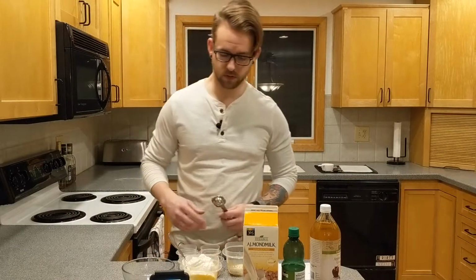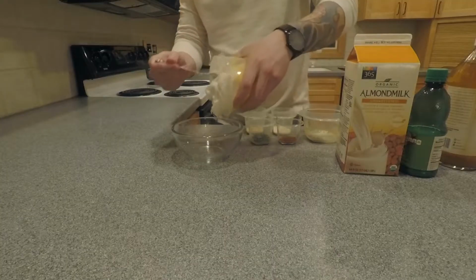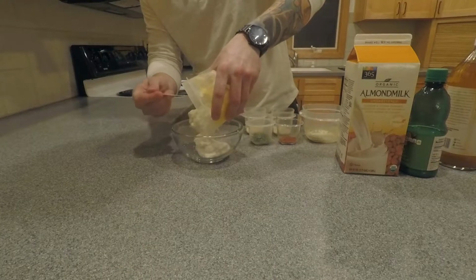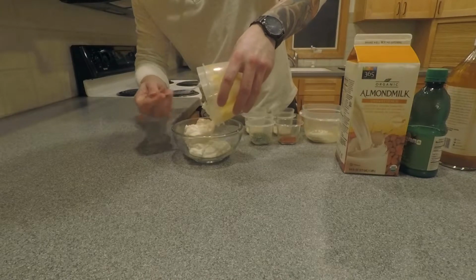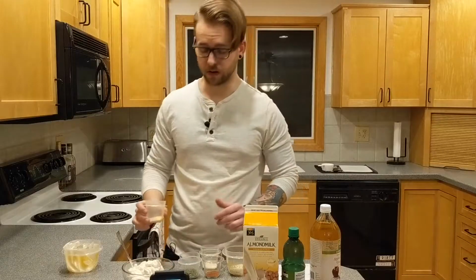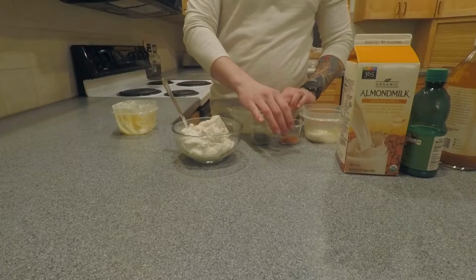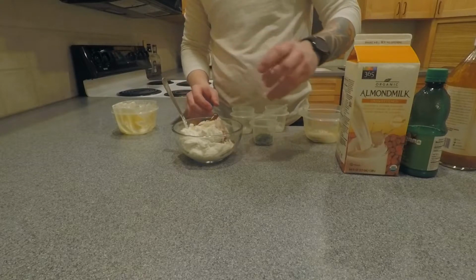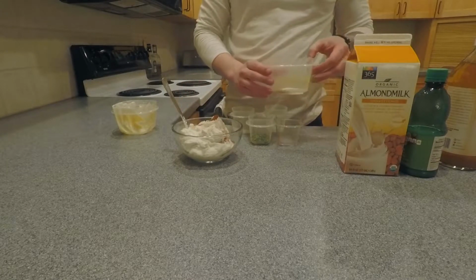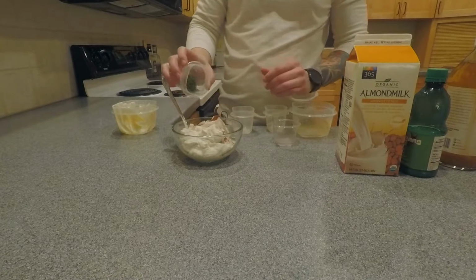While that's going, we're going to go ahead and make our ranch. First things first, we've got our mayo. We're going to dump that in. Nice and slimy. We've got our garlic powder, our onion powder, our paprika, salt and pepper, parsley,